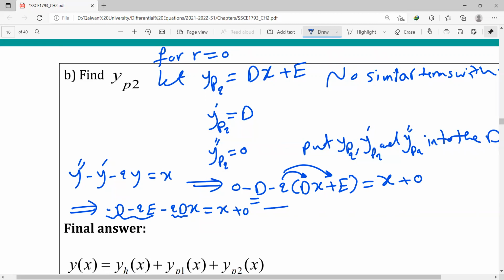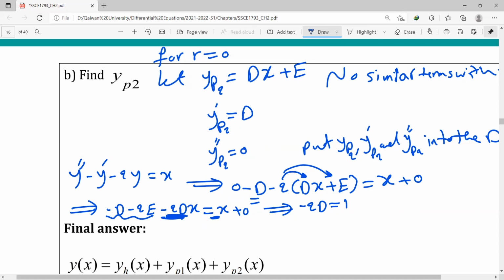And then by comparing them, we say minus 2d equals to what? The coefficient of x equals the coefficient of x. That means minus 2d equals 1, as we have 1 as the coefficient of x in the right hand side. The constant term equals the constant term, but here we have no constant term in the right hand side, so that's why we say